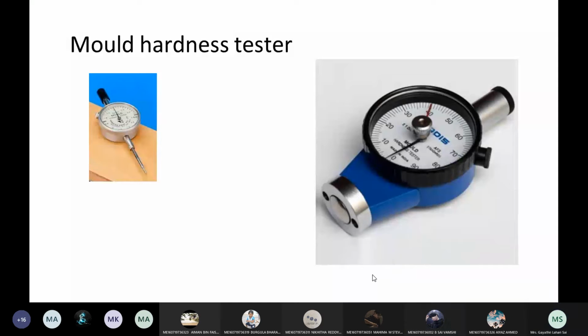Yes, ma'am. And I didn't write anything on the screen. Please, I repeat it again: it is similar to the Brinell hardness. A spring-loaded steel ball of mass 0.9 kg is indented into the standard specimen tube. The depth of indentation that is measured is on the scale of 0 to 100, right?